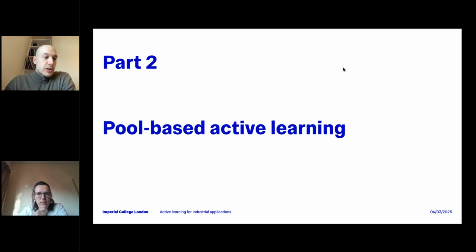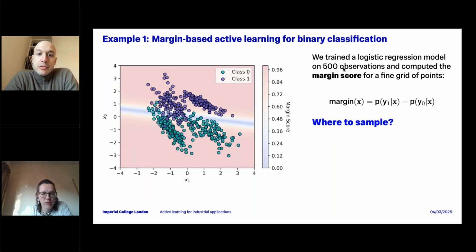So we're going to give an overview now of pool-based active learning and some practical examples of how these strategies can be used in practice. First, I'm going to show a case where we have a binary classification model. In the plot on the left you can see a classification model, in this case a logistic regression model, on these two clouds of points for two classes.